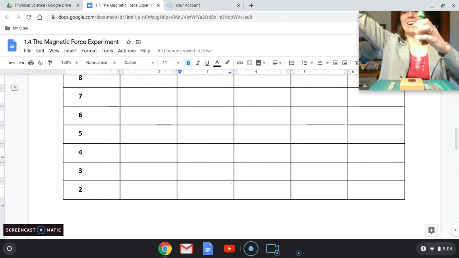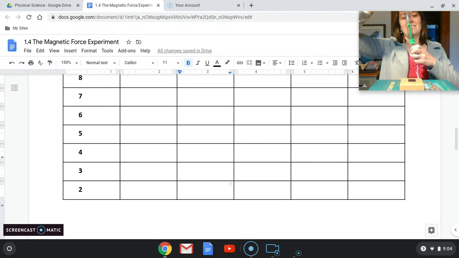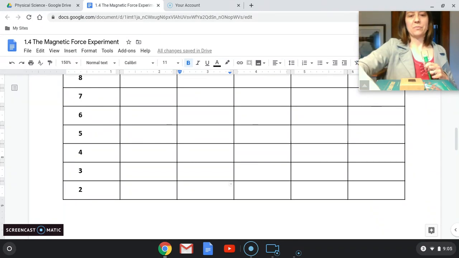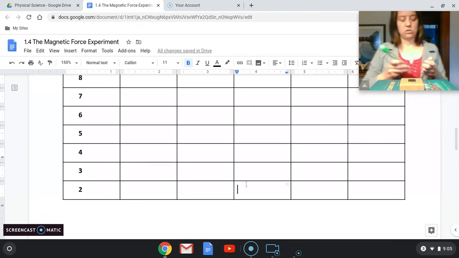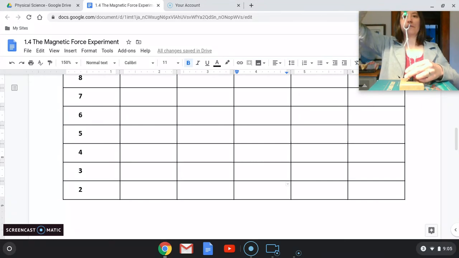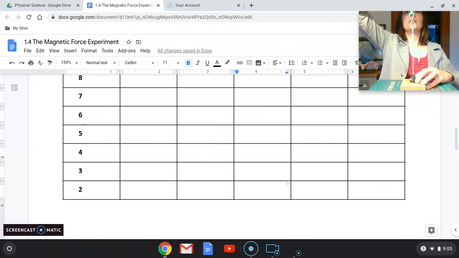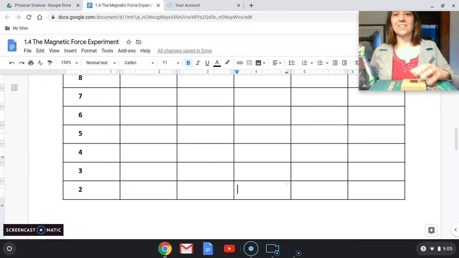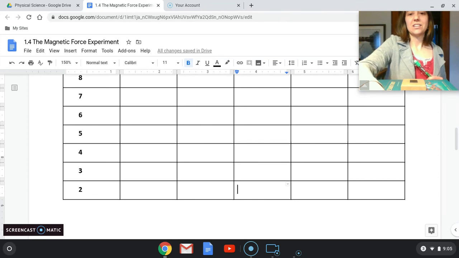That was 3.5. So put 3.5 newtons there. And now trial 2. Got 1, 2, 3, 3.4, 3.5, 3.6. 3.6 newtons. And then for our last one,